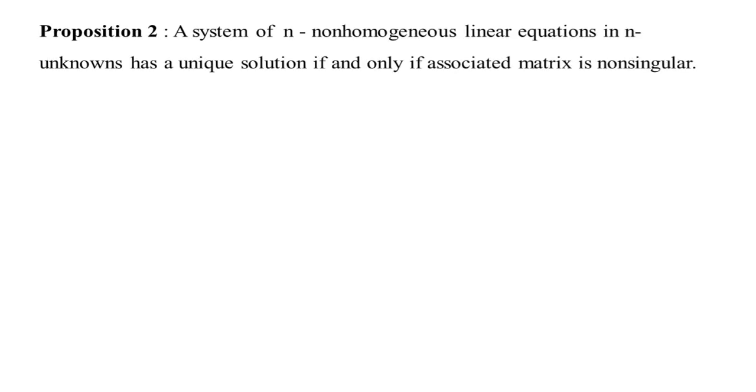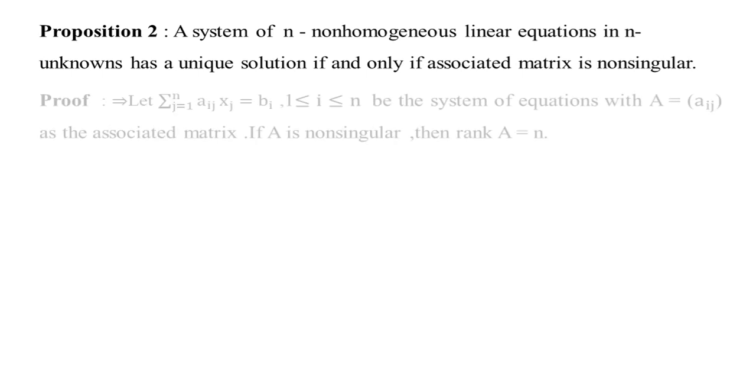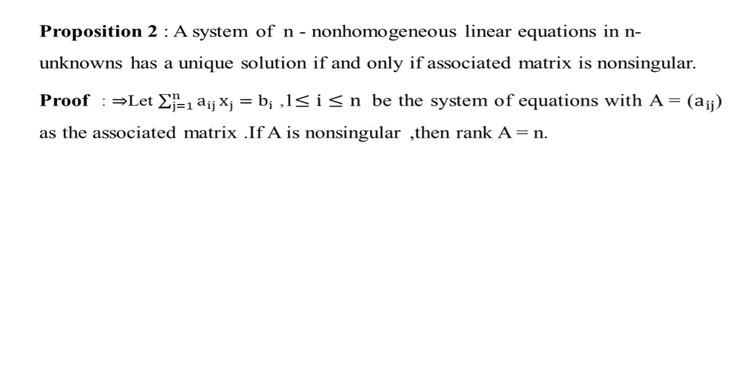Students, here is a proposition for you to prove. A system of n non-homogeneous linear equations in n unknowns has a unique solution if and only if the associated matrix is non-singular. To prove this, let sigma j equal to 1 to n aij xj equal to bi, 1 less than or equal to i